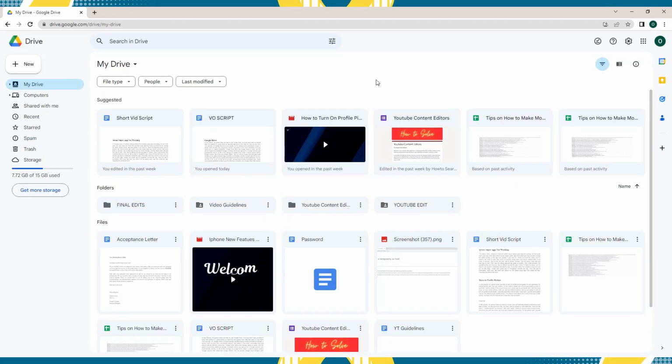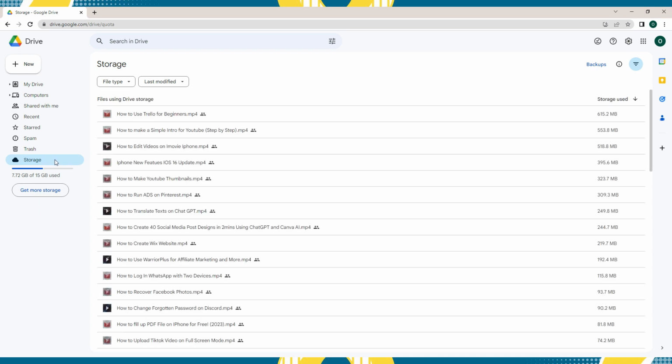So Google Drive is a cloud storage and file backup service provided by Google. It allows users to store files, documents, photos, and videos in the cloud, and it is accessible from any device with an internet connection. Google Drive offers a free storage space to users with the option to purchase additional storage